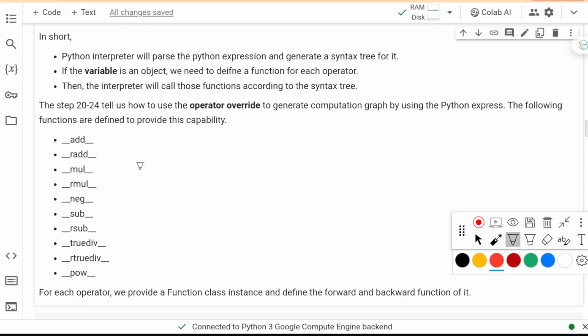Okay, and actually there are a lot of operators in the Python language. So in order to help people write code without errors, it's better that we implement as many as possible. And if you look at the repository of the D0 framework, it has implemented all of them. So we can write expressions in the Python language without any restriction.